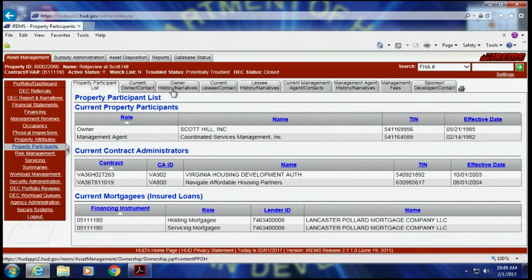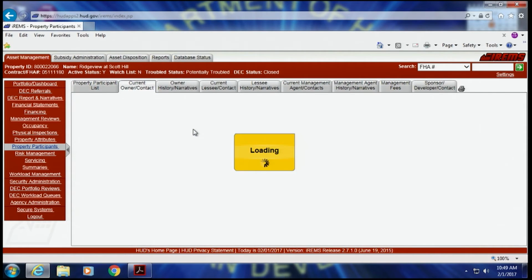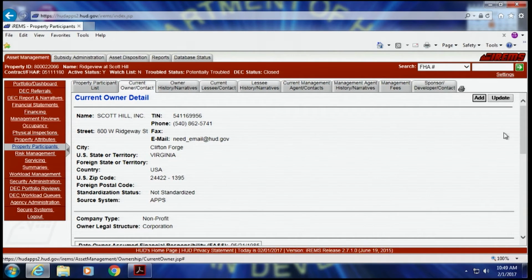So let's just take a look here. We have the owner, and if we click on the owner name, what we are going to see is the current owner detail, the current owner's tax identification name. Notice that this has an email at HUD.gov. We would not be able to update this particular field on the current owner detail because we don't own this field.